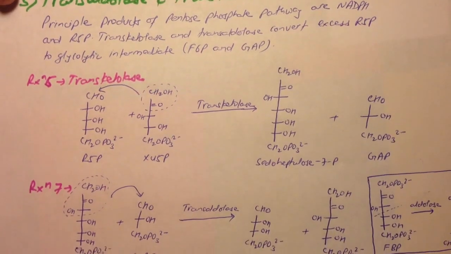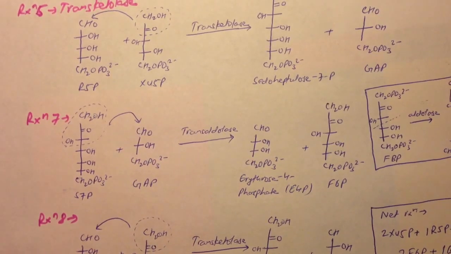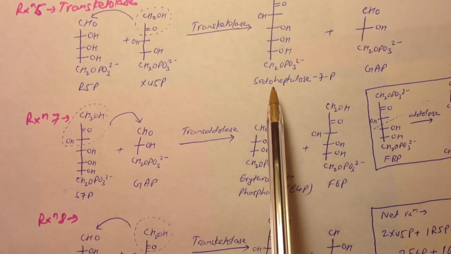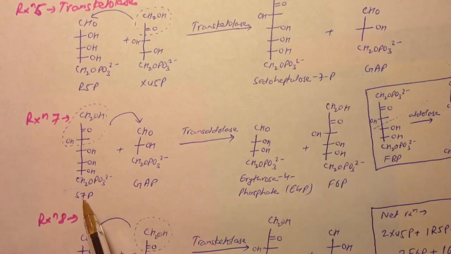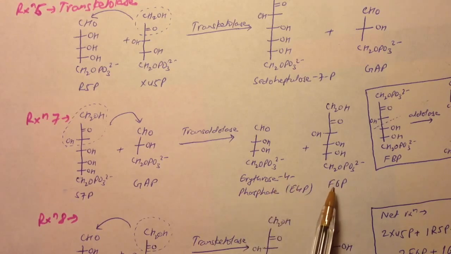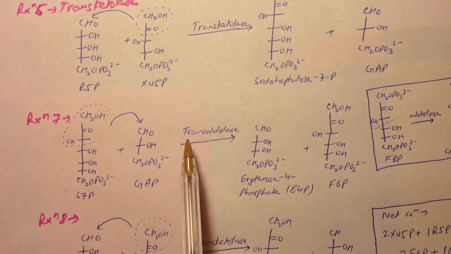So let's talk about reaction 7. Reaction 7 happens between the sedoheptulose 7-phosphate and glyceraldehyde 3-phosphate, which are basically the products of reaction number 6. And in reaction 7, these two give erythrose 4-phosphate and fructose 6-phosphate, and this reaction is catalyzed by the enzyme